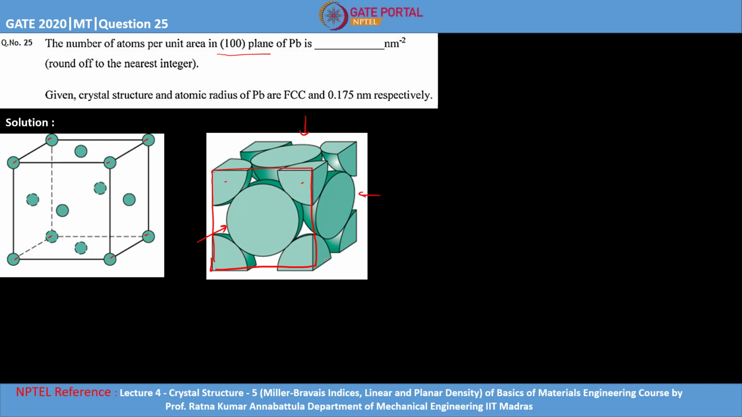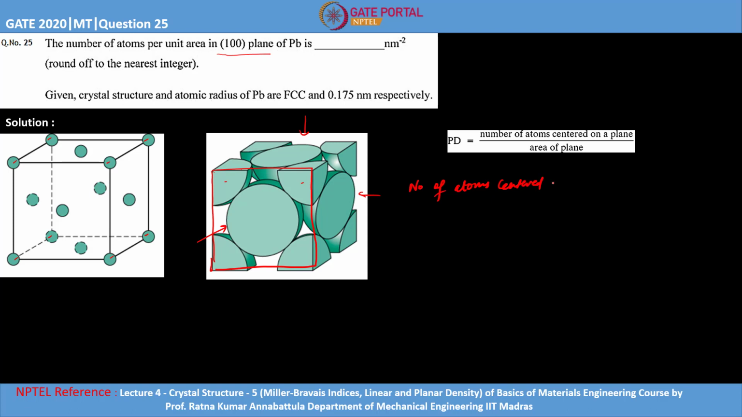So in this problem they are asking about the planar density of 100 plane. So let's learn what is planar density. Planar density is defined as number of atoms centered on a plane upon area of that plane. So if you talk about FCC 100 plane, let's first calculate the number of atoms centered on 100 plane